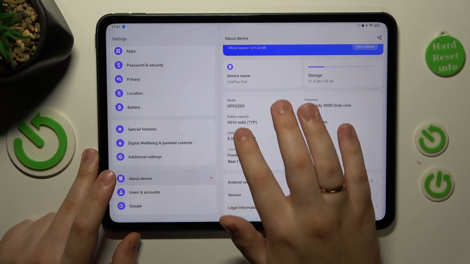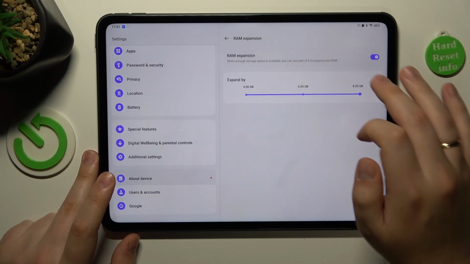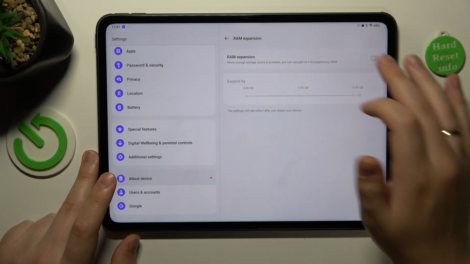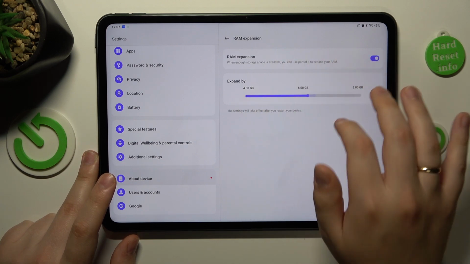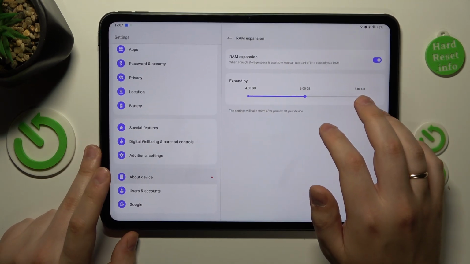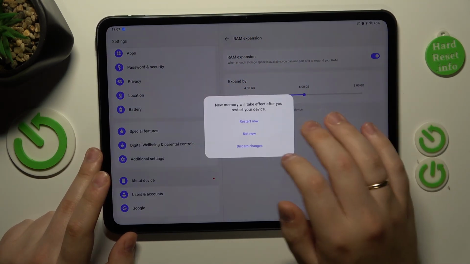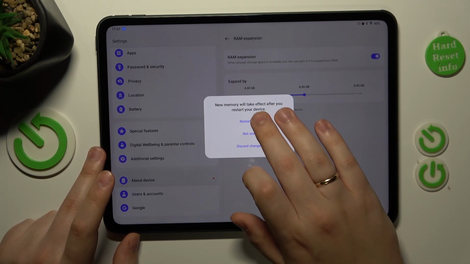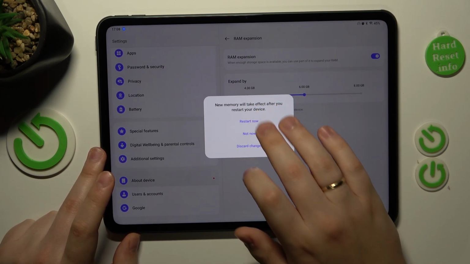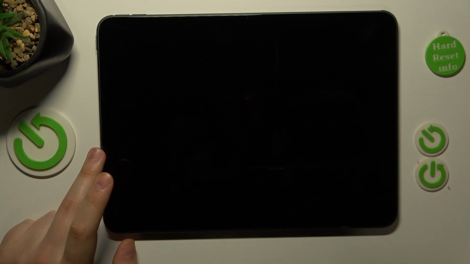the About Device category, RAM. And here is the RAM expansion, so you can turn it on by toggling the switch, then select the amount of gigabytes you would like to increase your random access memory for, and then reboot the tablet in order for those changes to be properly applied. And what this feature does, it's actually